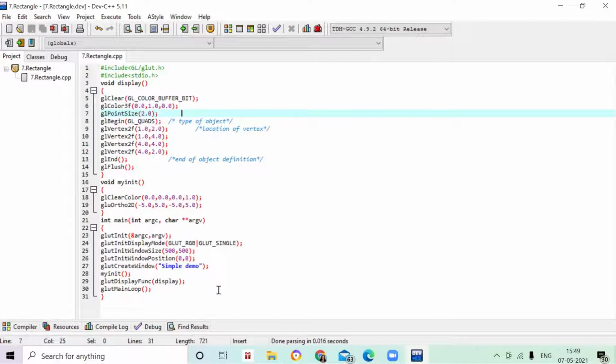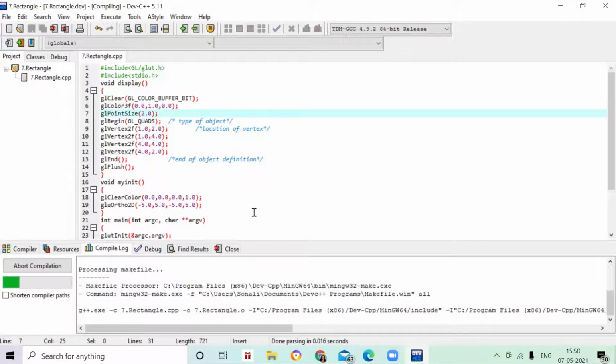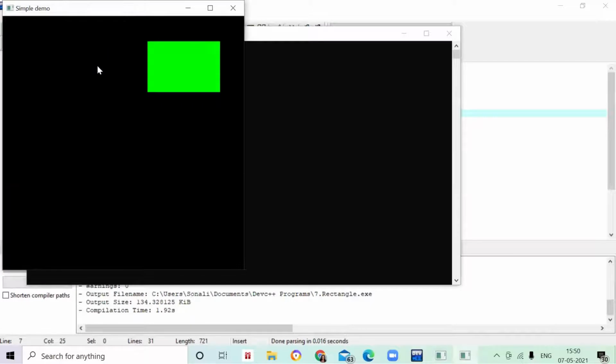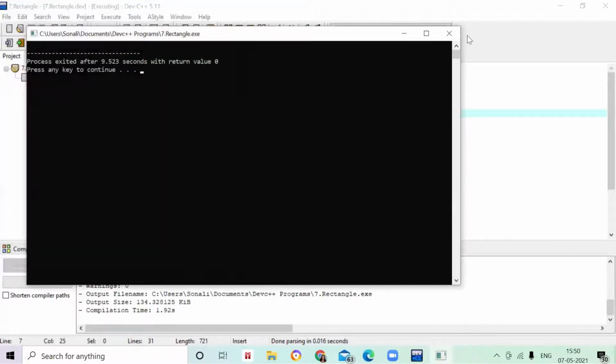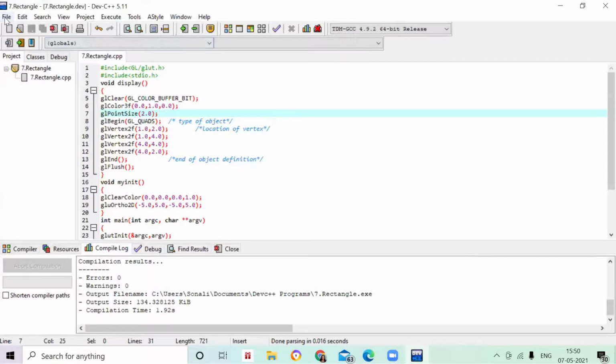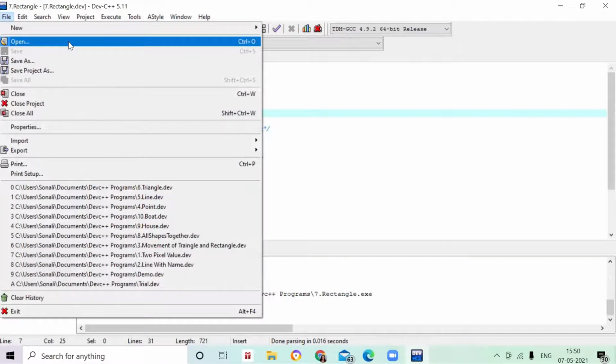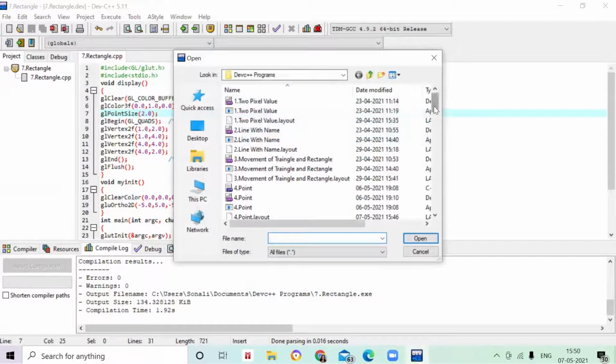So this is the program of your rectangle, a very small program, and nothing is there, only the main part is there. And here I have just called my display function. Let's run this program. Now you can see here my rectangle. Whatever coordinate values I have given, accordingly it has been placed in the same quadrant. So this is about the rectangle program. Now let's do some other program. This code also you can utilize.